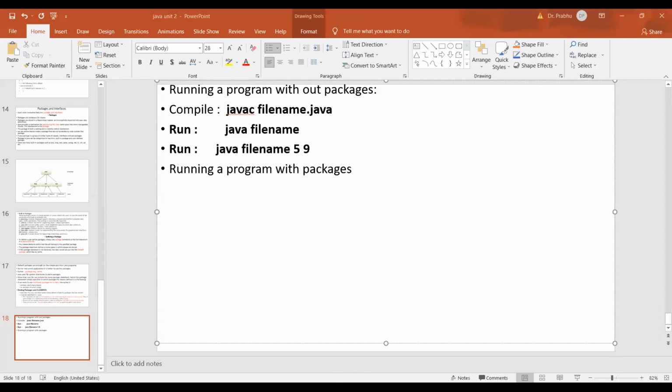Without packages, will print statements and scan statements all work? Everything will work. Without packages means without user defined packages. Built-in packages you can use. You can import built-in packages, and you can